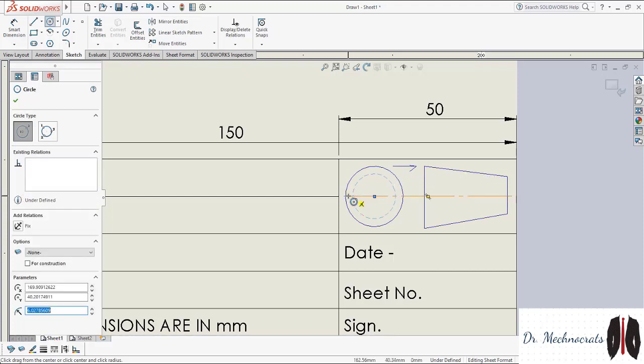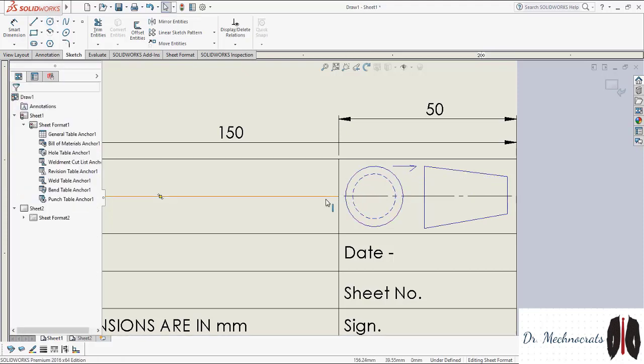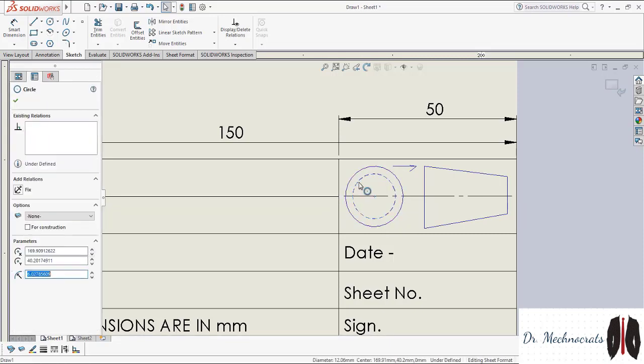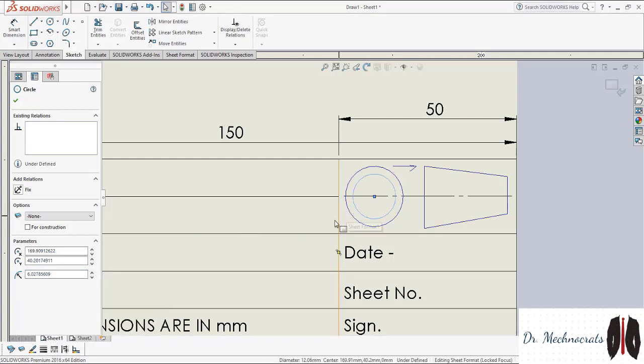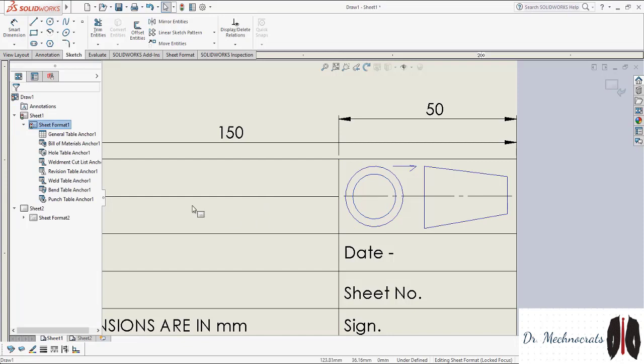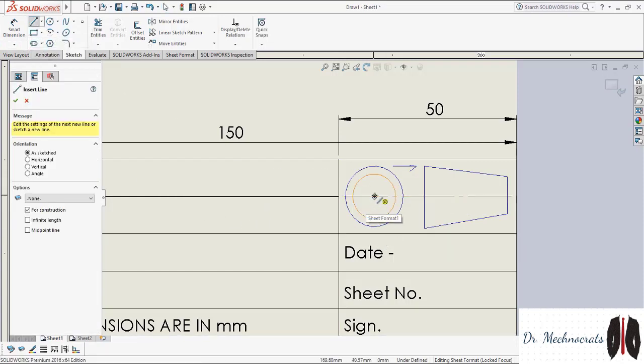See. This is the symbol for the third angle projection, but we have to make the drawing in first angle projection, so we have to make this line a solid one. And here we have to draw a center line.